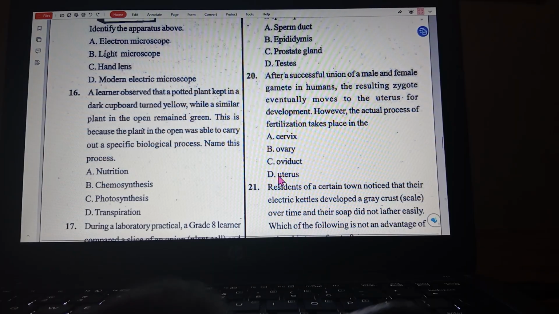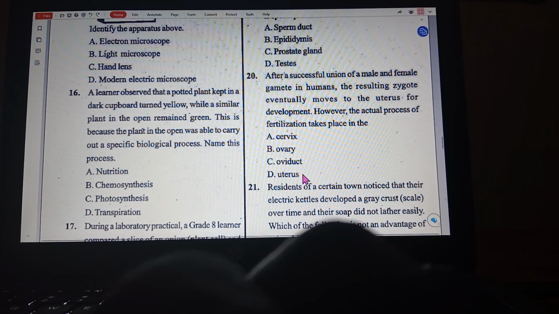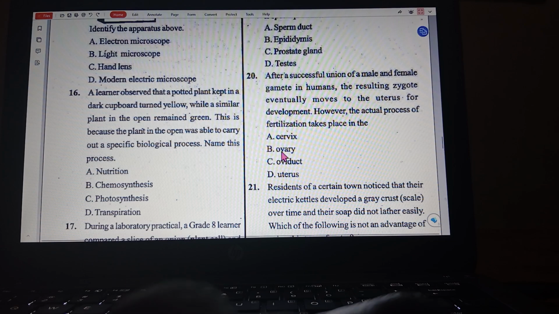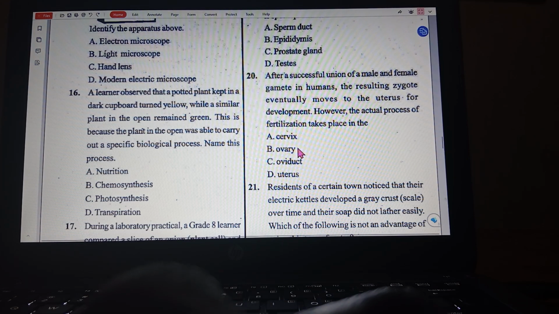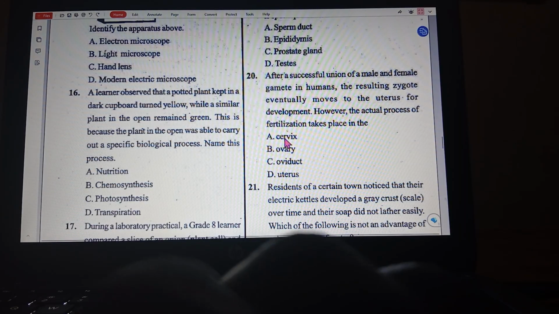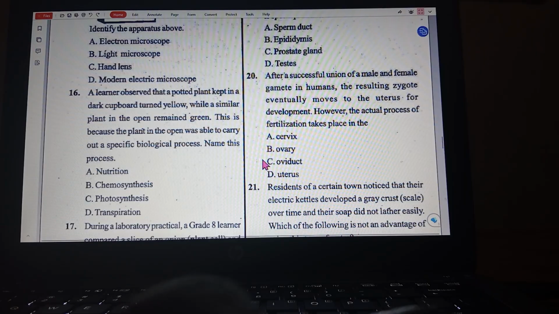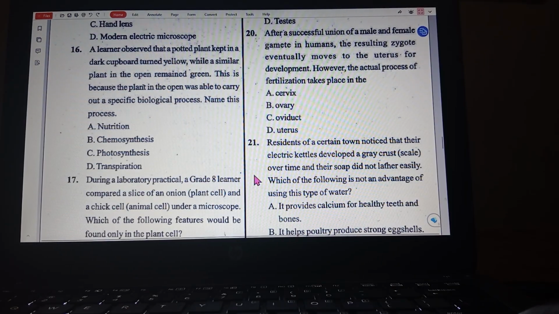But let me talk about the other options. What's the function of the uterus? This is where implantation takes place. This is where the development of the zygote happens. What's the function of the ovary? The ovary releases mature ova. Then what's the function of the cervix? It connects the uterus and the vagina. But now the answer is C. Good. Let's move to question 17